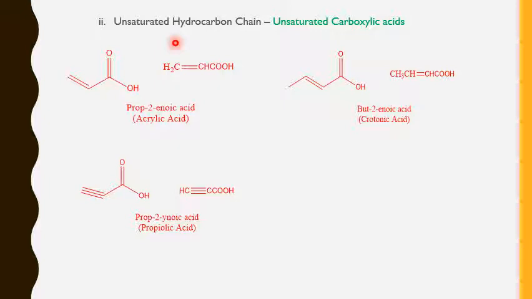Does it mean it's a triple bond? No, it doesn't, because I am saying 2 pi bonds based on 2 sigma bonds. That means one pi bond based on one sigma and the other pi bond based on the other sigma. Therefore, it will be a double bond. Whatever it may be, double bond or triple bond, if you find unsaturation, at least one pi bond in this hydrocarbon chain, then it is considered an unsaturated carboxylic acid.